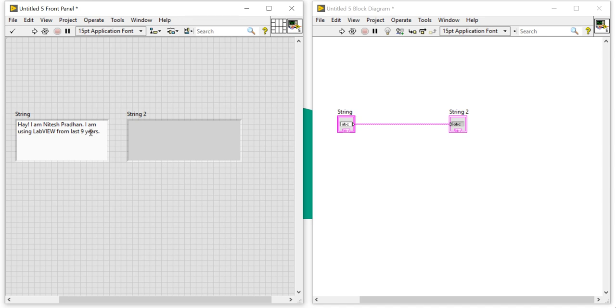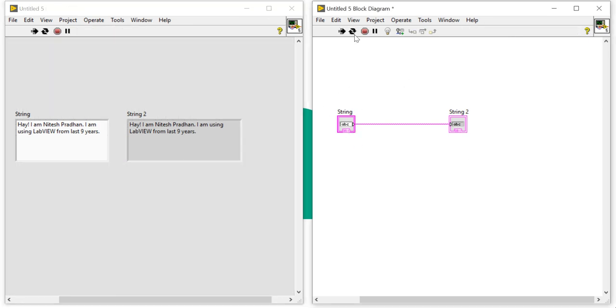So here I am going to press the run button. When you press the run button, this logic will transfer your input to the output. Now you can see, if I change it at runtime, it is the power of LabVIEW.